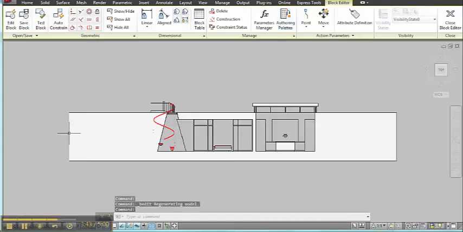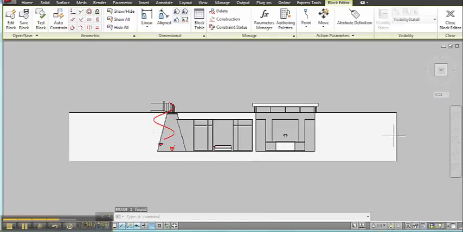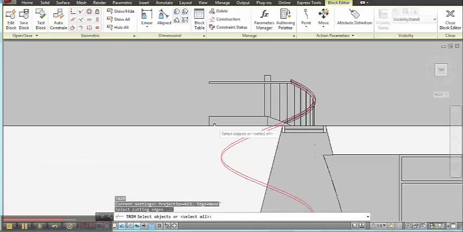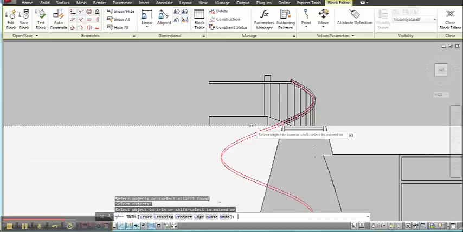For example, this represents Earth, which extends infinitely, so we can remove these lines. This fill pattern that you see in white here, we'll just let that fade out. Some of these lines will not appear from this viewpoint. This is actually behind the Earth mass, so while I'm in the block editor, I can make some of these changes. I can make changes to layers, anything that will affect the